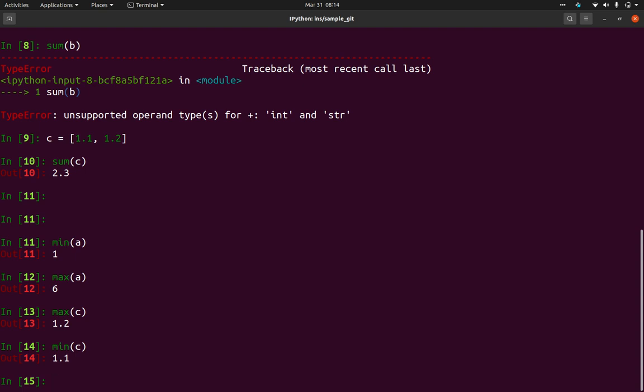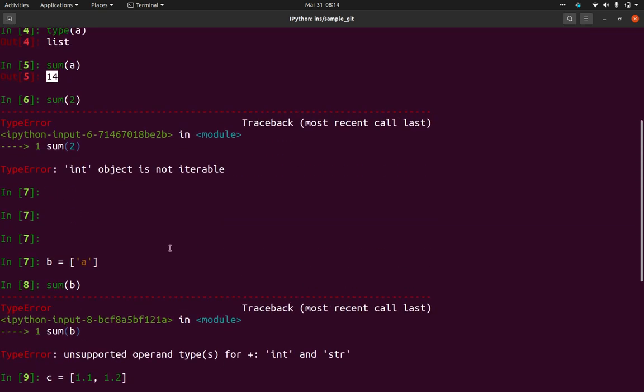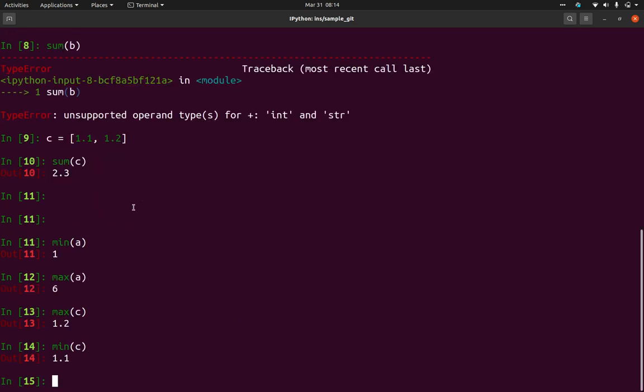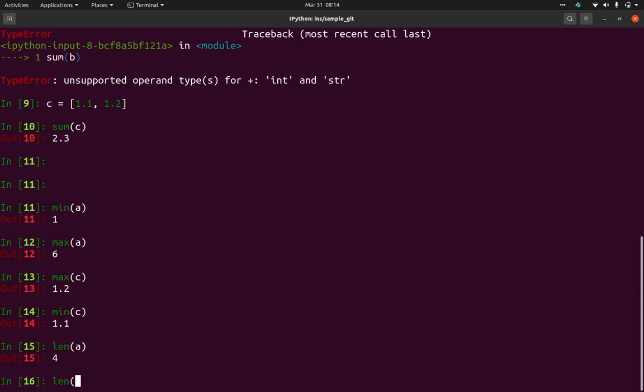We have several other functions which we will be discussing while we are discussing other things. But the majorly important thing is to find the length of any list. Even if you don't know all these functions, you can manage if you know the length. But if you don't know the length, we cannot perform these things. So to find the length of any list, set, or tuple, we have the len function. Inside that we pass our iterable item, and it will give you the length of that particular list.